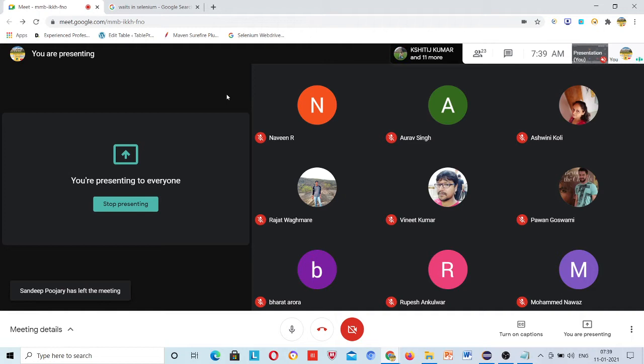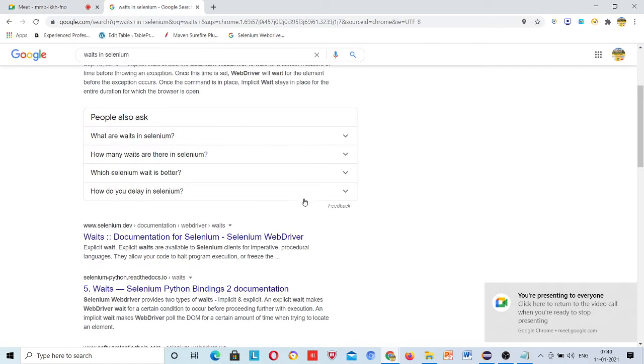But here I heard one answer about hardware and interaction, and that's not the case anywhere. And one of the answers was matching the speed of the browser and Selenium. I don't think that's anything here. Might be you have read it somewhere. That's why I said refer to the official documentation.